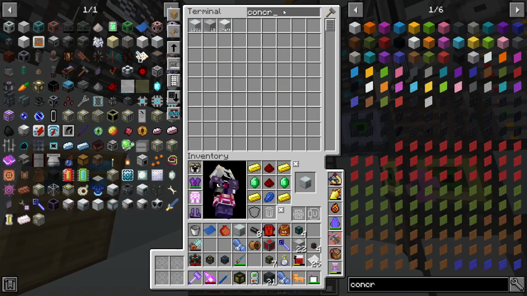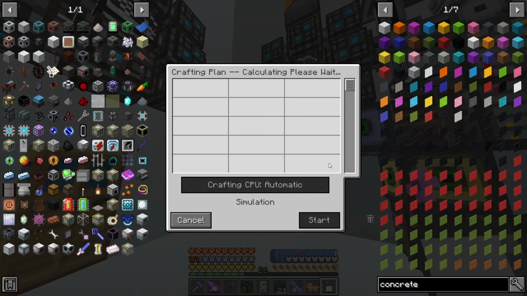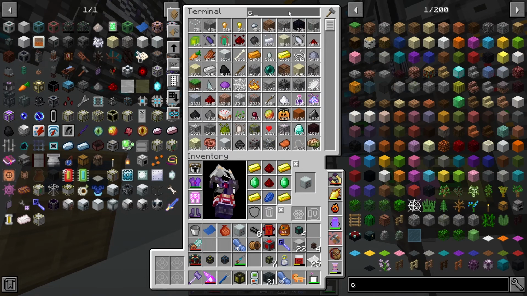As for the concrete, how are we looking? It's actually crafted at all. I'm actually going to craft more and hope that we can get some more. Apparently I'm not allowed to. Apparently our CPUs aren't good enough. Okay, next episode, what I might do actually